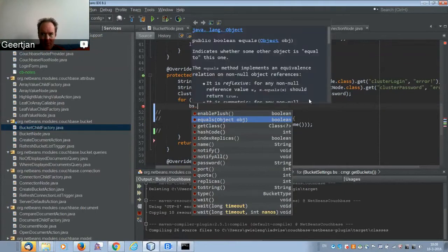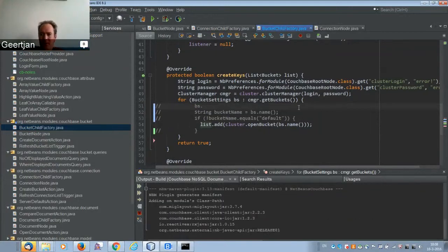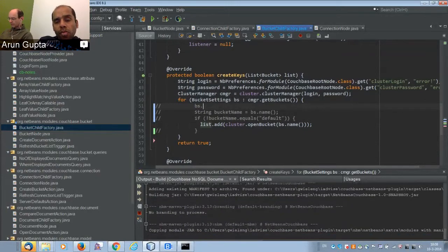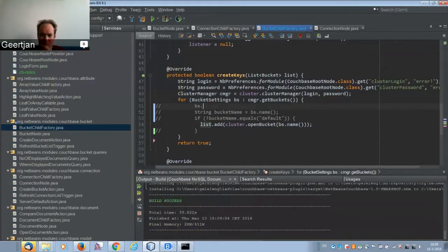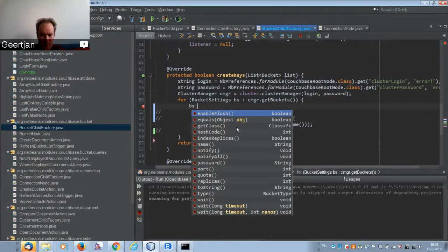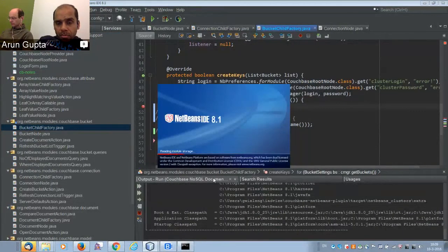That would be cool. Given the settings, can we get to whether that bucket is indexed? I don't know. We will have to look at the API for that. So bucket settings gives me... it says index replicas. Let me take a look at what the index replicas API looks like.